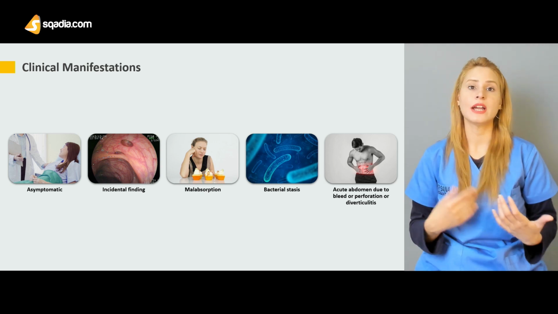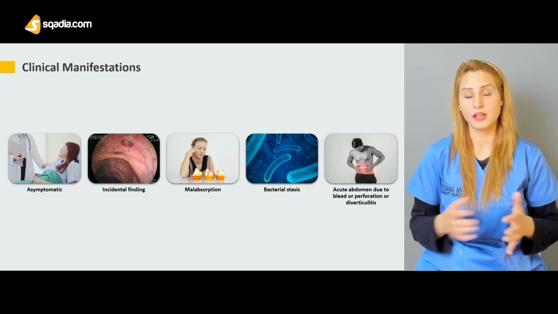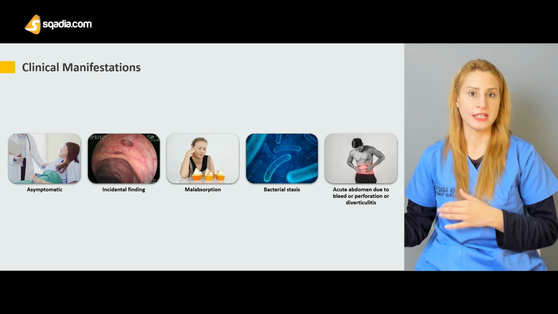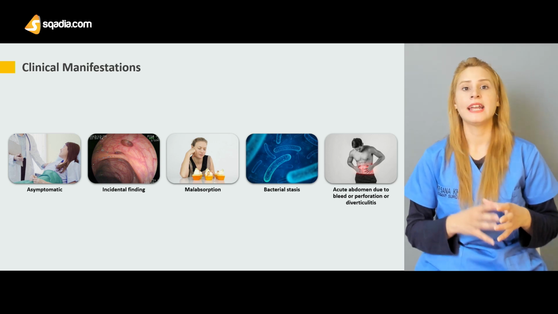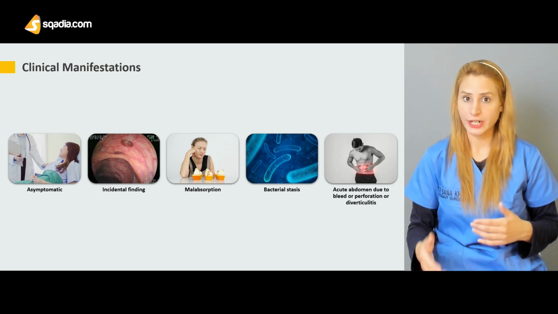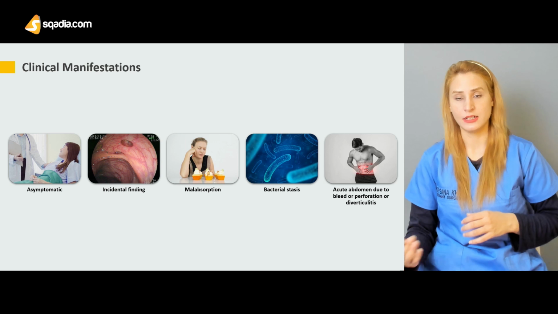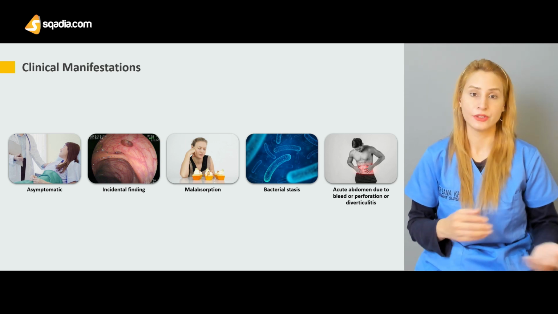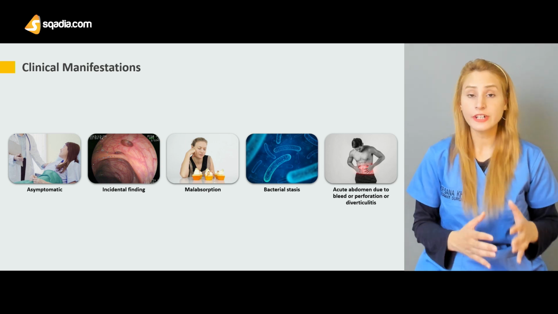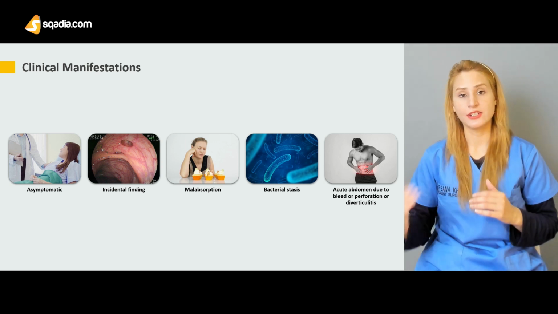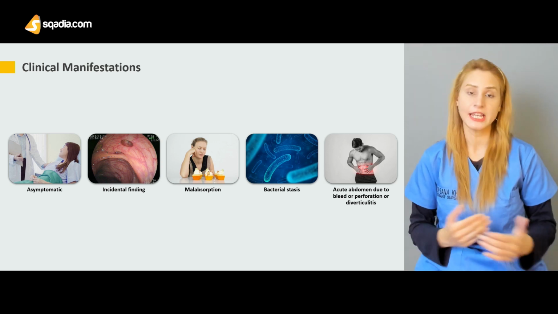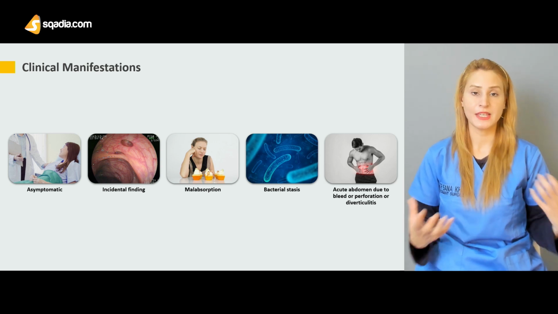And if there is not much time available for a CT scan, then the patient is immediately taken to the OR, and it may be possible that you were opening up the patient for a perforated duodenal ulcer or peptic ulcer, and there you find a diverticulum that is perforated. And the perforated diverticulum can actually cause peritonitis, which can be generalized peritonitis or localized peritonitis. So all the signs and symptoms of the acute abdomen, like